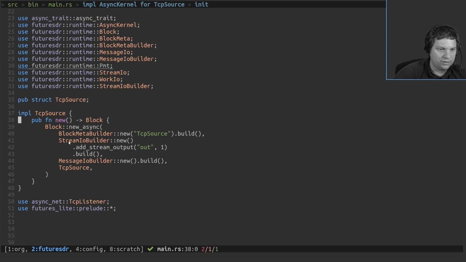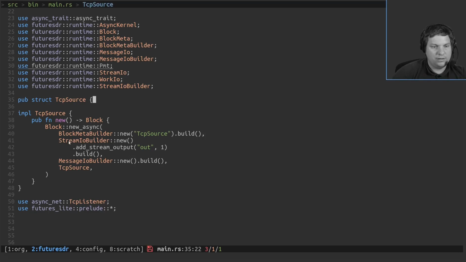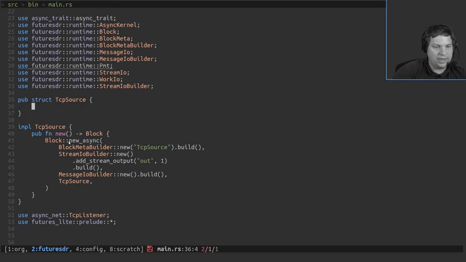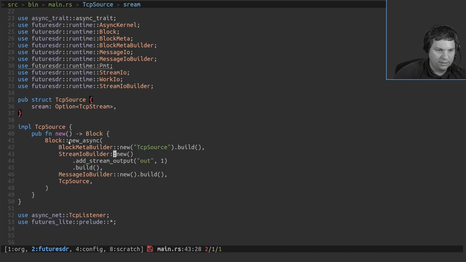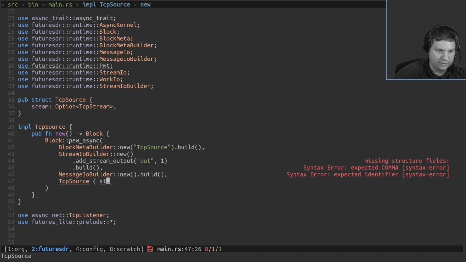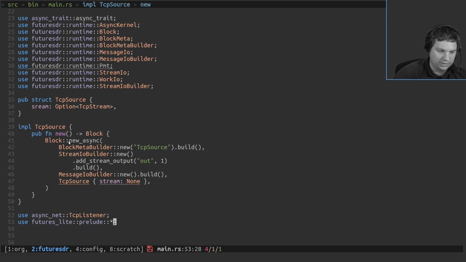Okay, so obviously it does not yet have this stream, so we add stream as an option of TCP stream, and in the constructor we say stream none. Nothing is set, and we have to import TCP stream.